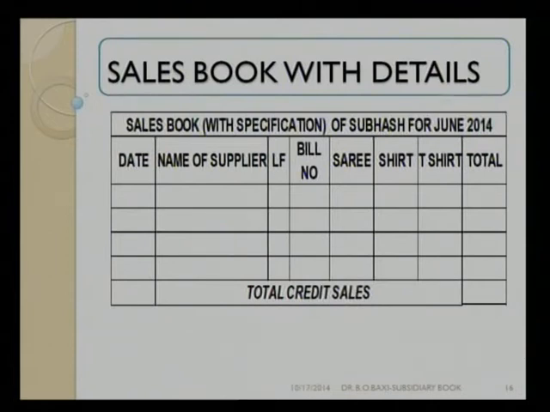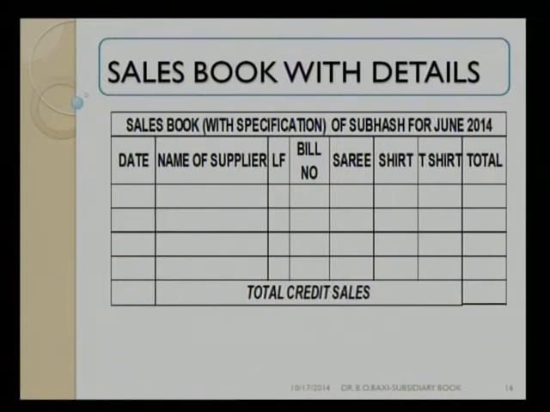Sometimes it may happen that traders are dealing in more than one product, and they would like to control each and every item in that case. That means suppose 4 products are there, and they would like to know detailed product-wise sales or product-wise purchase, and they would like to know the movement of each product: out of 4 products which one is sold the most, which one is sold the least, which one is remaining unmoved, which one has been sold as per our expectation.